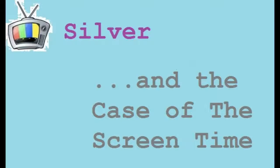Silver and the Case of the Screen Time. I have been concentrating on maybe a few things this past week in terms of TV. I have watched a bit of Stargate SG-1. I have watched The Dead Files and Portals to Hell because those are on TV right now. Both of those I think are coming back next week or so. And the last thing also that's gotten a lot of my attention is Doctor Who,